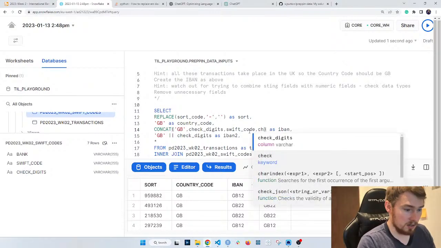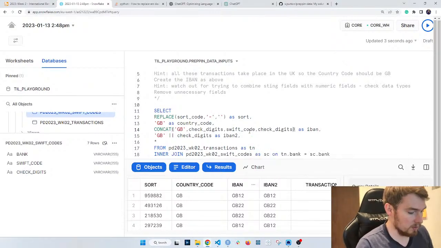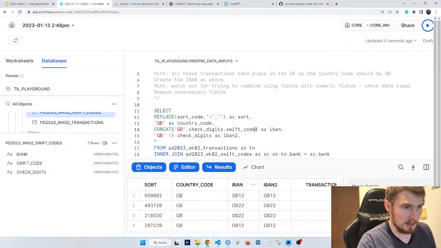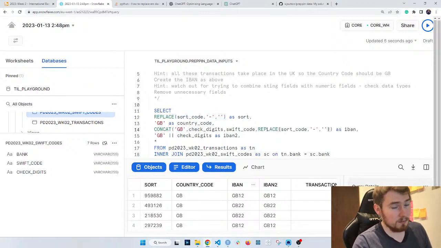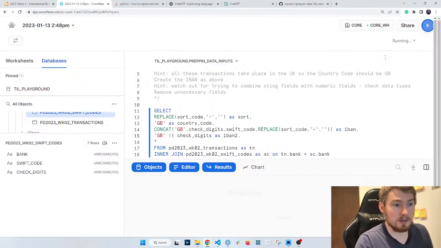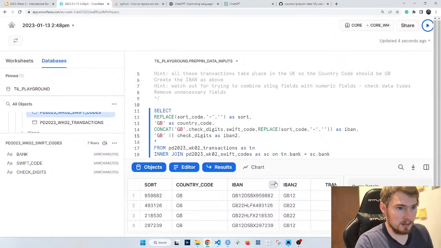Sort code. Yeah, my sort code. Okay, so I can then take what I've done earlier, copy and paste that in. So I can have functions as part of this other function. And we can give that a run. And you see that's working for us as well.